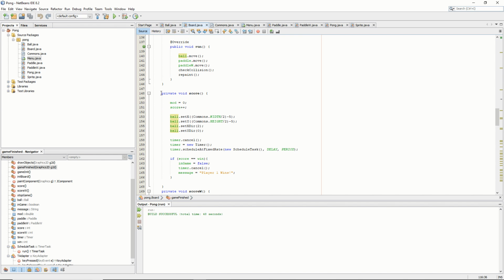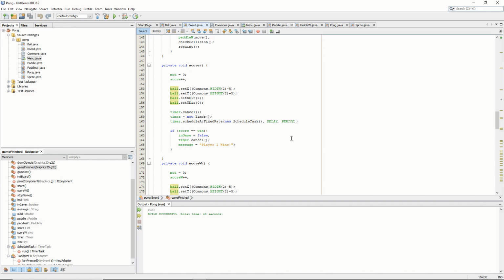Now here we have something that is completely ours that we created. This is a function called score that tells us what things to do. So mod is changed to 0, and I'll let you know why it does that in a bit. It resets the ball to the initial position. We cancel the timer, and then we create a new timer so that the ball doesn't immediately start